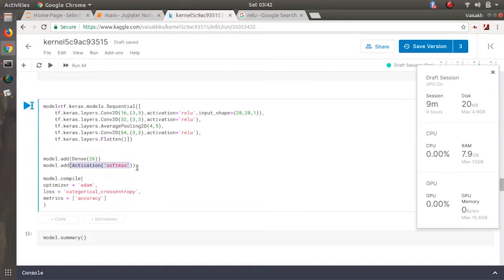So we have flattened it so that we can connect it into a dense layer, and then we have added the softmax activation function. So what does the softmax do? The activation function of softmax, what it does is it compares it with the 2 categorical metrics and then decides how much the values should be adjusted. So that's all about